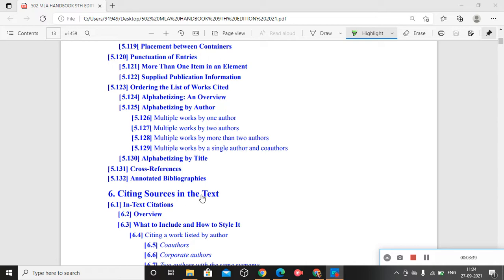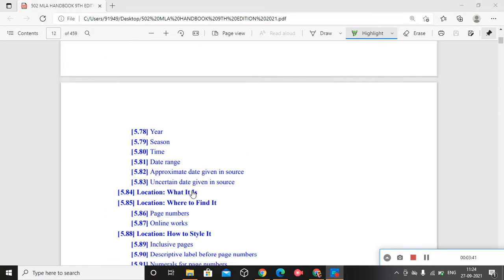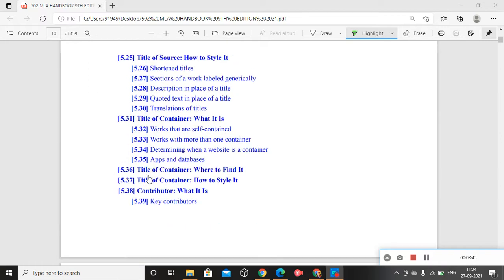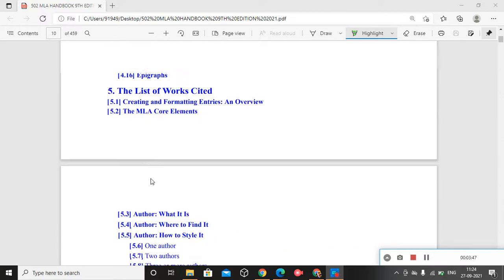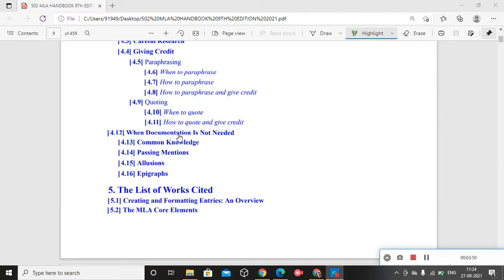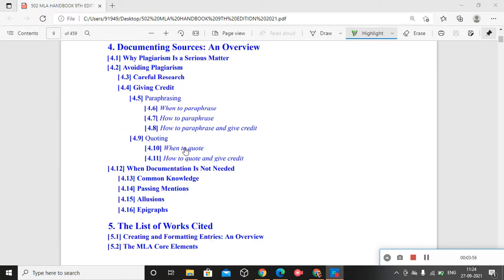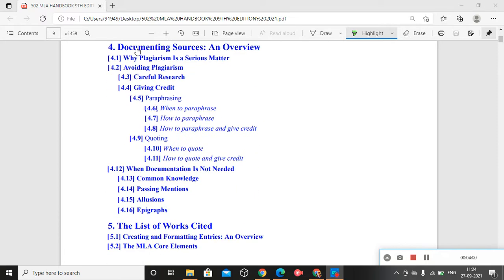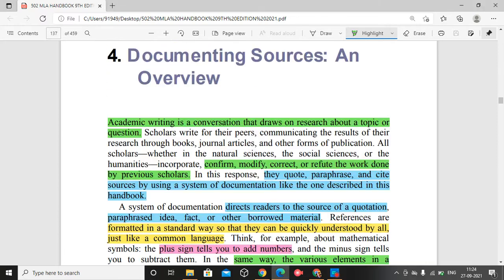Only after citing sources can you go to creating the works cited list. So according to our order of doing things, we have to give importance to our discussion of the reference text as well. But in the beginning, we are going to start with documenting sources, an overview.